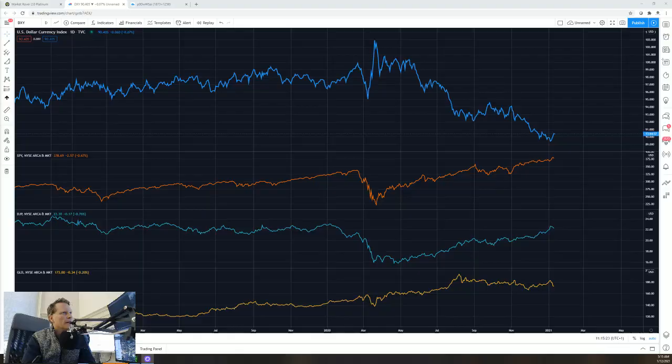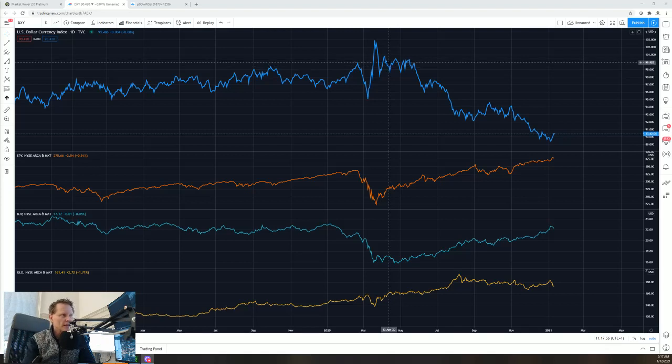And if you get the big picture right, then most things, like 80% of things, should fall into place. Let's have a look at this on a chart that I created here. You should see 4 squiggly lines, and essentially these are 4 different asset classes. The one you want to focus on first is the blue line, and that's essentially the dollar index. It's a basket of currencies versus the dollar.